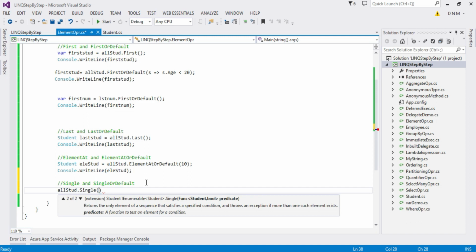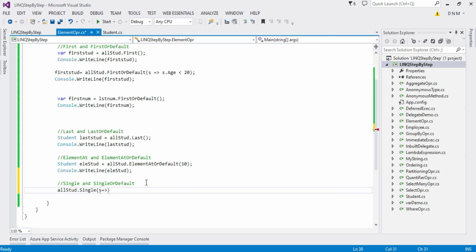Okay. So here I am going to show you with this second overload, because I want to specify the condition related to roll number. So s goes to s dot roll number is equal to 89.